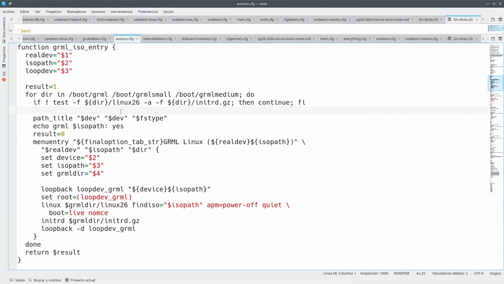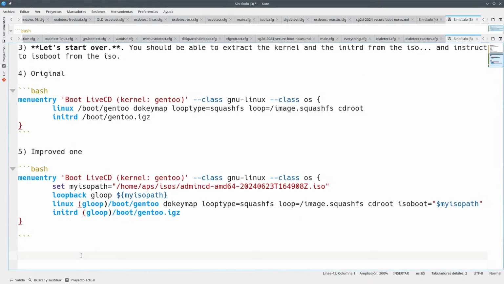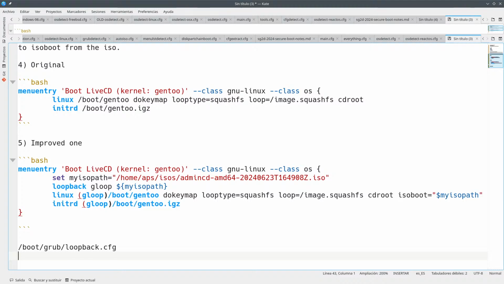That's why I request that you move some stuff around in Gentoo and manage to add this loopback.cfg inside of the ISO, so that it works with ISO path.